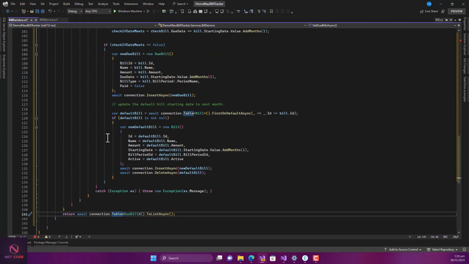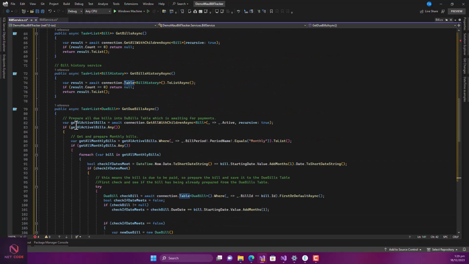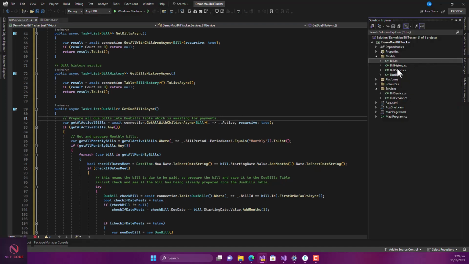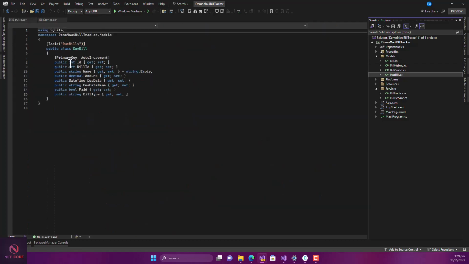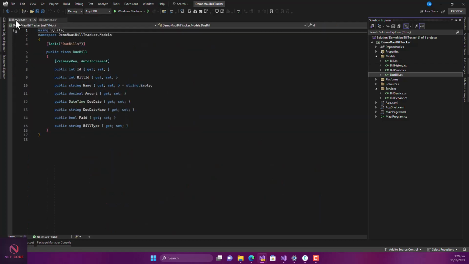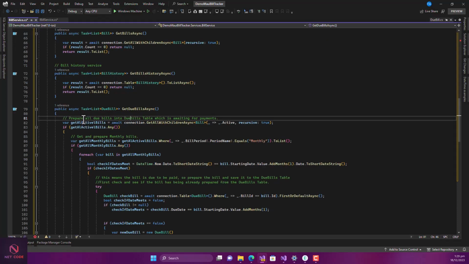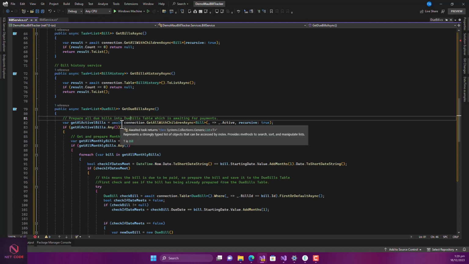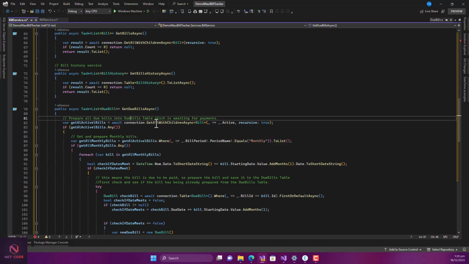First we have to prepare all due bills into this due bill table. Remember that we've created a model for this table. When you check this due bill model, you can see we stated that the table is supposed to be due bill. So we are saying prepare all bills into this table,